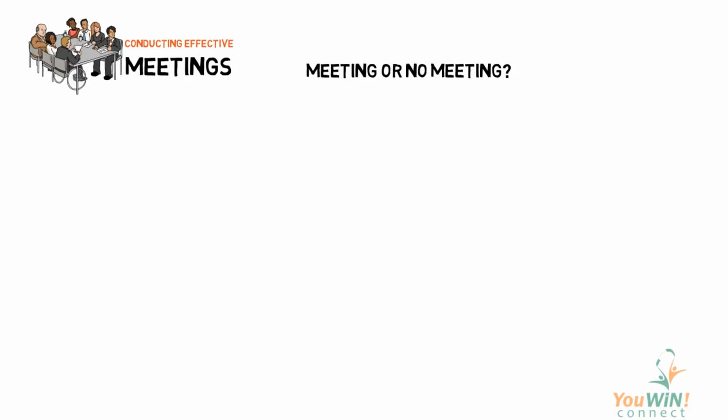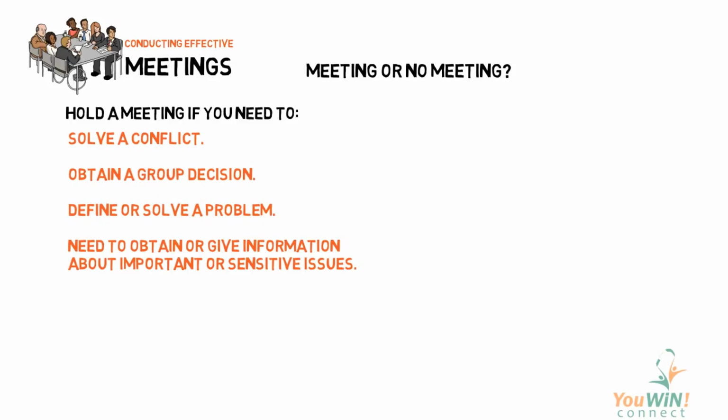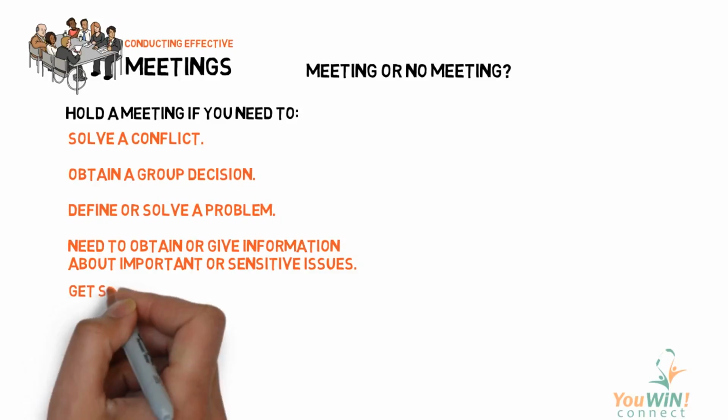Before calling for a meeting, you must ask yourself whether you should have it at all, or whether a group email or a few simple conversations can accomplish the objective more easily. Call for a meeting if you need to solve a conflict, if you need to obtain a group decision, if you need to define or solve a problem, if you need to obtain or give information about important or sensitive